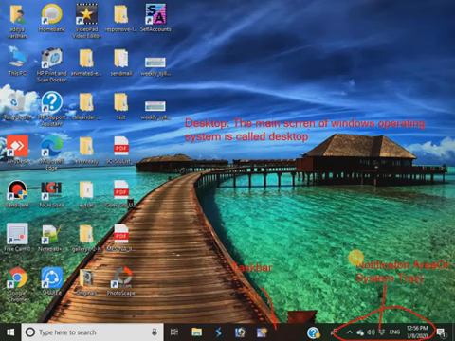To the left side of the taskbar, you will see a button, and this button is called the start button, from where we can simply browse the applications.